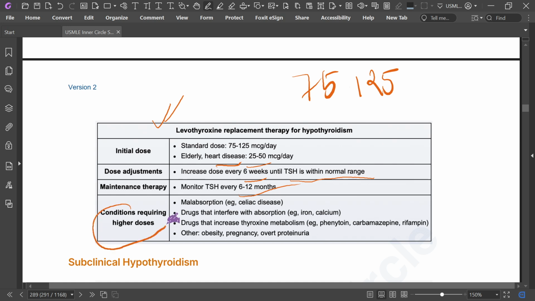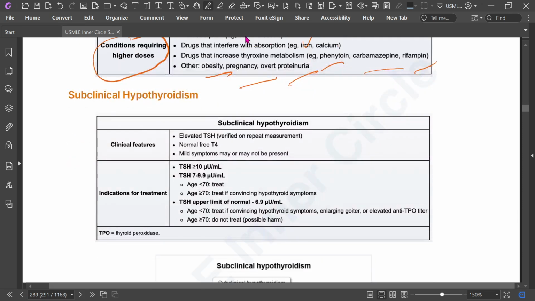Conditions requiring higher doses: malabsorption like celiac disease, drugs interfering with absorption like iron and calcium, drugs that increase thyroid metabolism like phenytoin, carbamazepine, rifampin, so higher doses are needed, and obesity, pregnancy, and overt proteinuria. Now subclinical hypothyroidism. In subclinical hypothyroidism,